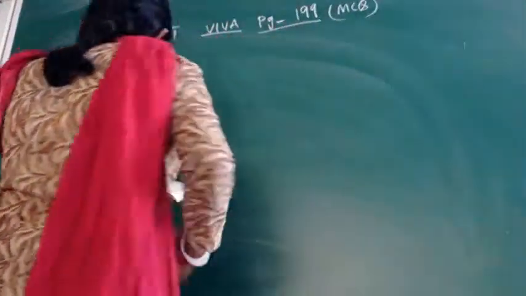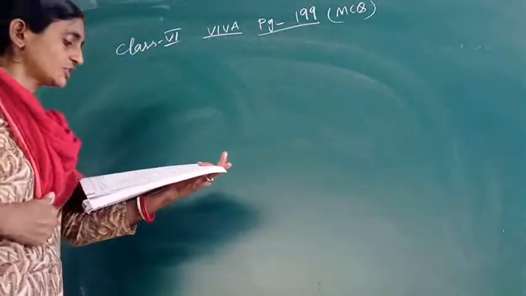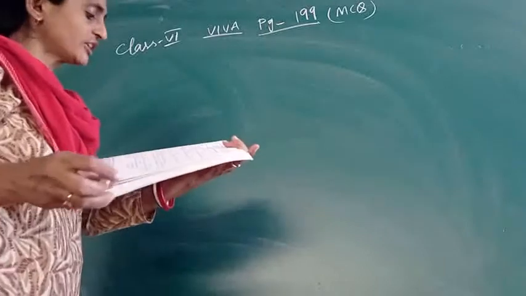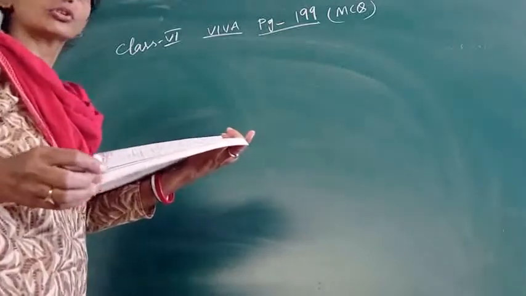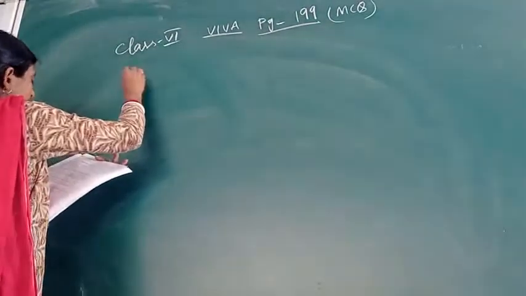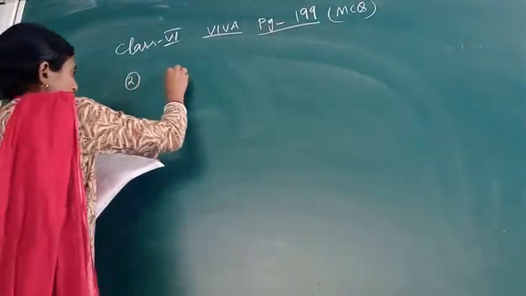This is question number 2 from MCQs. That question has been asked: if a ribbon of length 20 cm is stitched around a tablecloth making 2 rounds along its boundary, then the perimeter of the tablecloth is how much? Okay, let's come to this situation. Here I have taken question number 2 from your book.